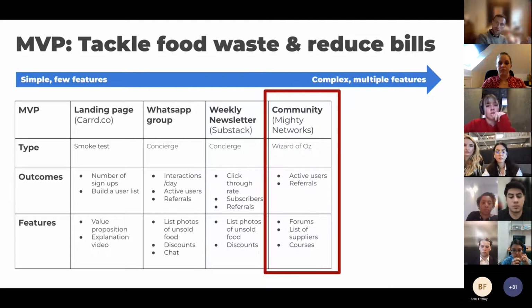Next, getting more complex, you could build a community. And surprise, surprise, there's a platform where you can do this without writing any code. It's called Mighty Networks. We'll look at it in a moment, but this is your Wizard of Oz MVP. You could build a forum, a list of suppliers, courses on how to reduce carbon emissions or save money, and you can measure your active users, referral rates, more and more different bits of data to evidence that there is